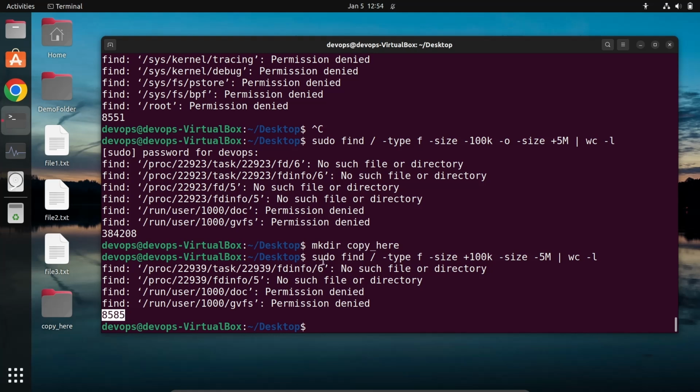So I can also pass the exec command inside the find. So how can I do that? I will go to the same command on the top. After 5 megabytes, I will use an option called exec. Okay, exec, then copy everything you have got inside this. Copy it to where? In the desktop,